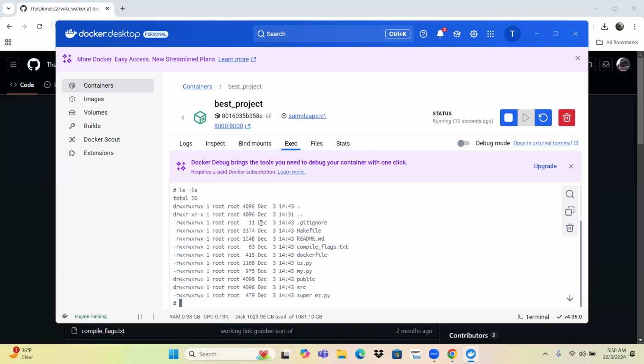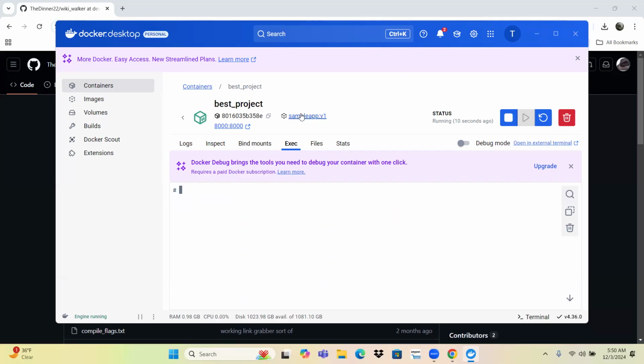So this is an Ubuntu machine. If you go to exec, you're in the terminal, right? We're in user local app. We have our whole project here, and you just type make,